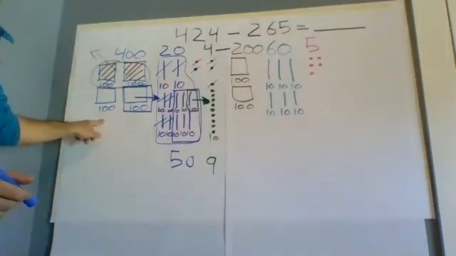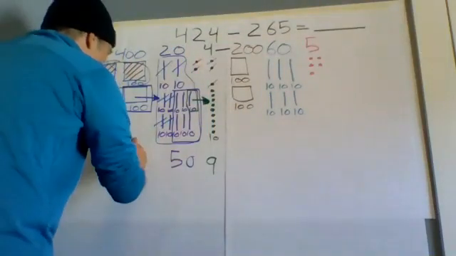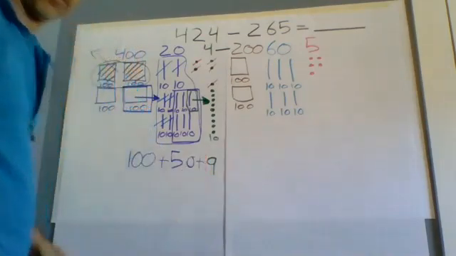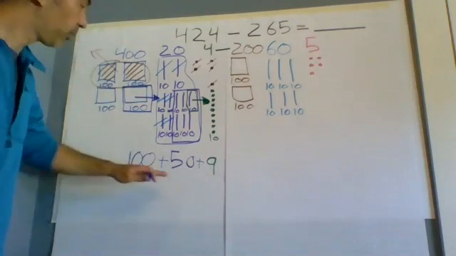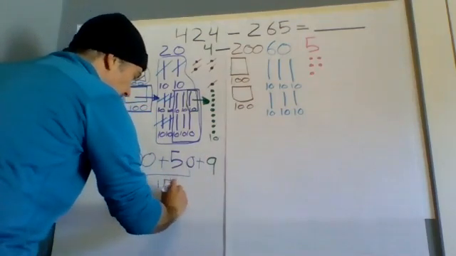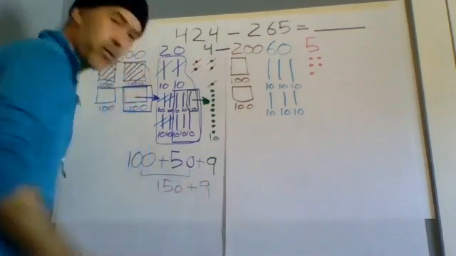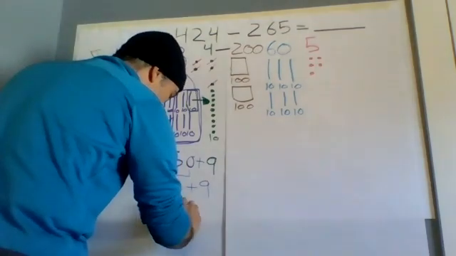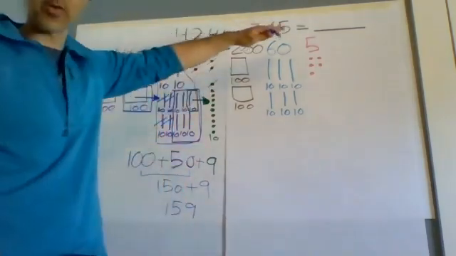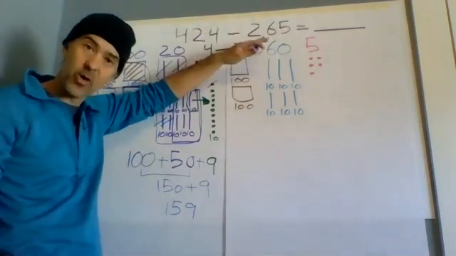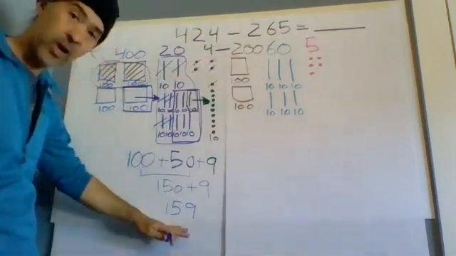I have this one still. So I have 1 group of 100. What's 100 plus 50? 150 plus 9 more is equal to 159. My answer then is 424 take away 265 leaves me with